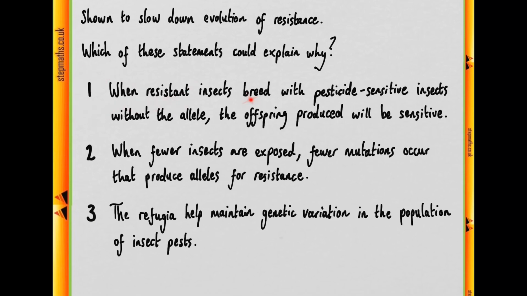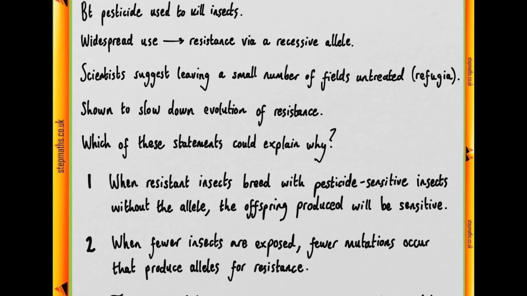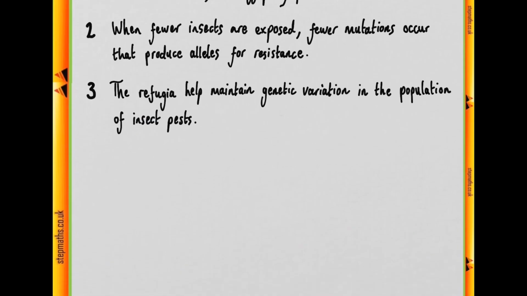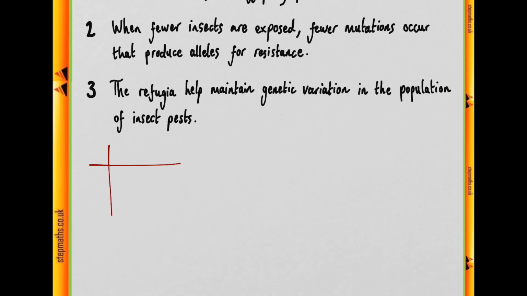When resistant insects breed with pesticide-sensitive insects without the allele, the offspring produced will be sensitive. Now you might be thinking, how can we say this with any guarantee? How could we be sure that this is correct? Well, we're told in the question that it's a recessive allele that resistance is caused by. So, in order to be resistant, you have to have the homozygous